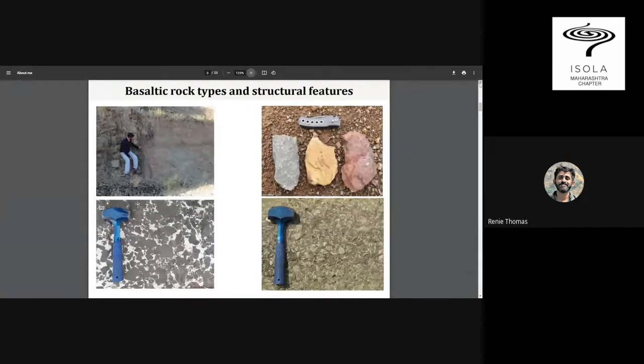And an important thing while observing this landscape is that usually we see a lot of rock types which actually define these different flow units. So one being the basalt, which also has different variations. If you see the top right corner, you'll see there are three colored rocks, but all the three rocks have different water holding capacity, different hardness, and different degrees of weathering, the ability to weather differently.